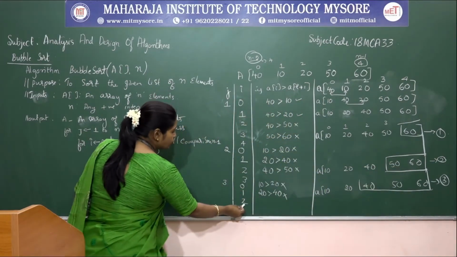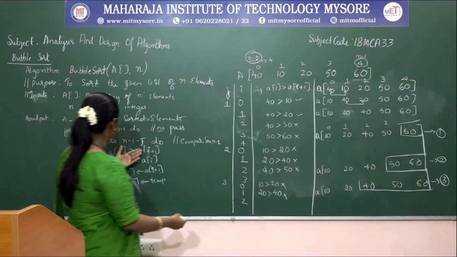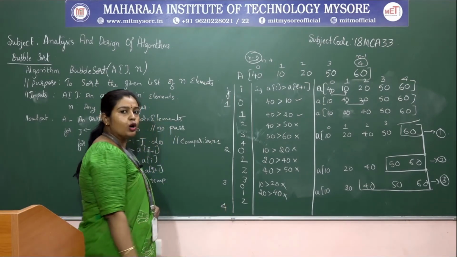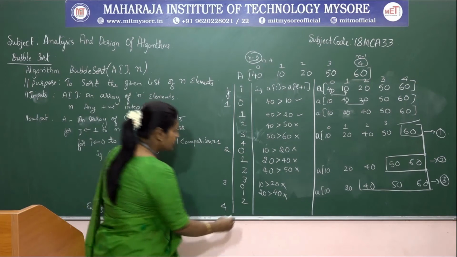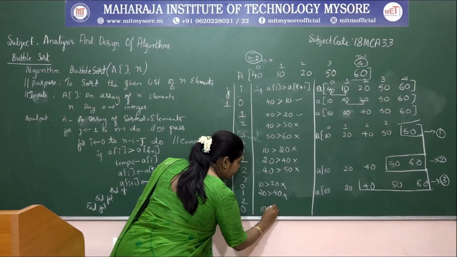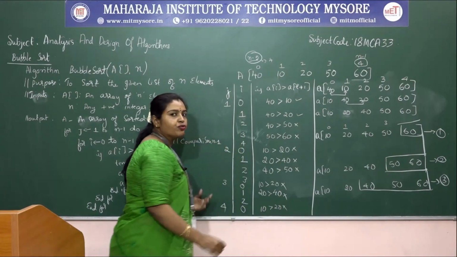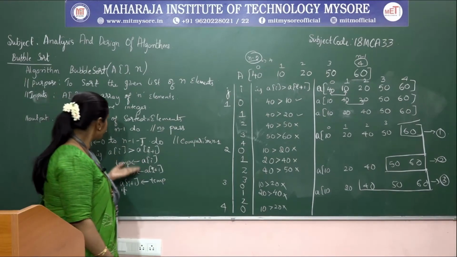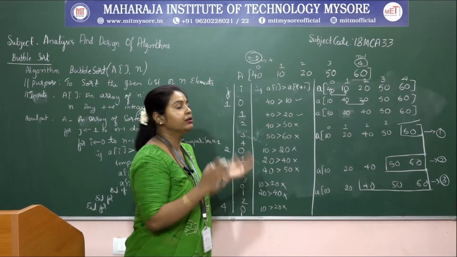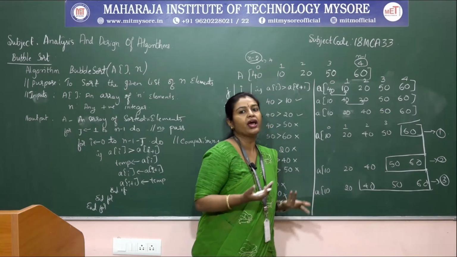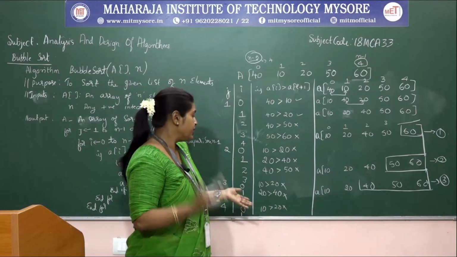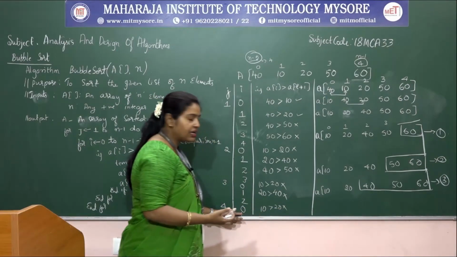Now, what happens? The i loop gets terminated. Where will it go? It will go to the j loop. So, j is 4 now. In the fourth pass, i starts with 0. The 0th position element is 10, and 10 greater than 20 is false. If it is false, there is no swapping, so i gets incremented to 1. Of course, we have 1, but in the next position we don't have any elements to sort, it is already sorted. Because of that reason, we are not going to the next position. So it will come out of the loop.